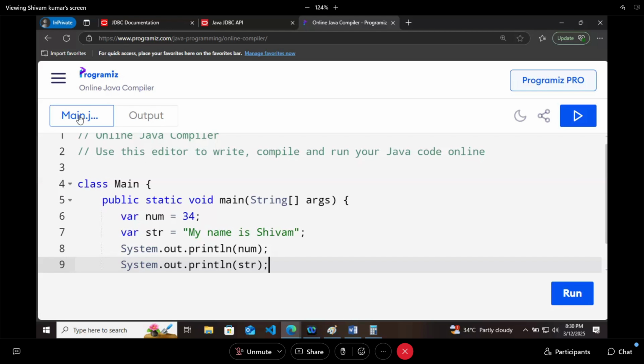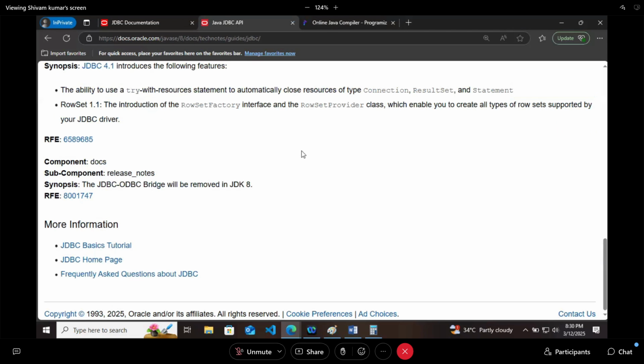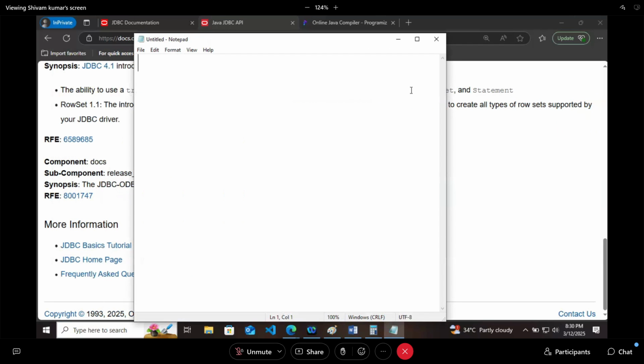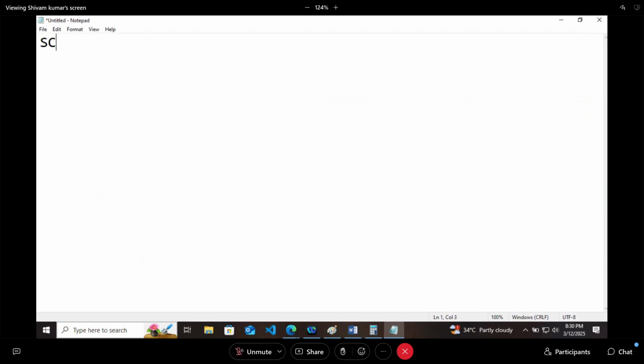Whenever you read the entire documentation, you will get to know these little things. Now you know, whatever course you are doing, it is Java, core Java, advanced Java. Those who have some experience will know there was a course, SCJP, Sun Certified Java Programmer. Sun means the parent company of Java, Sun Microsystems.